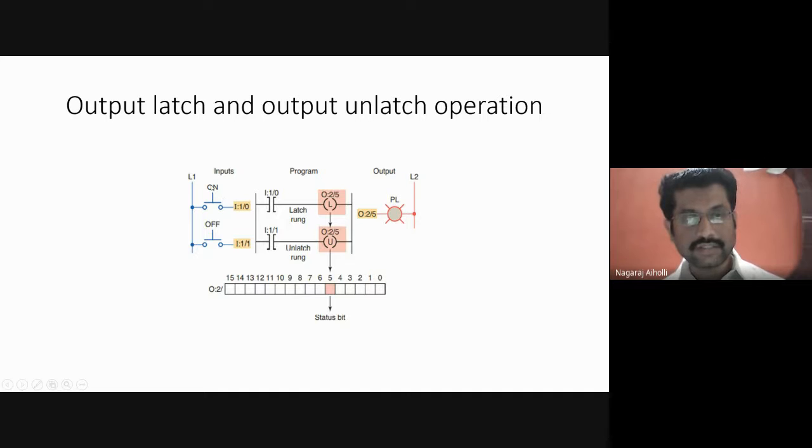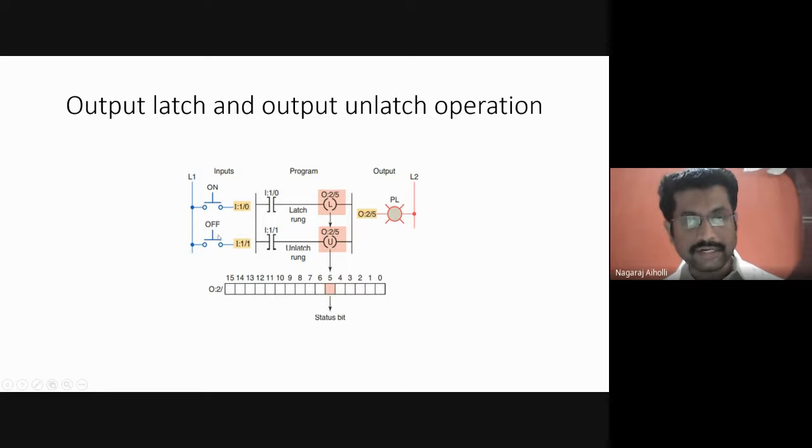When we press this on switch, its contact gets closed, the switch gets closed, right? And this is a normally closed contact, examine if closed condition. Yes, of course it is closed because the switch is closed. So the condition becomes true, and then the output will be latched. This is for latching the output. This is the latch coil, L stands for latch coil. The output of the rung, that is 1, true or high, will be latched in the memory, and the pilot light will be turned on.